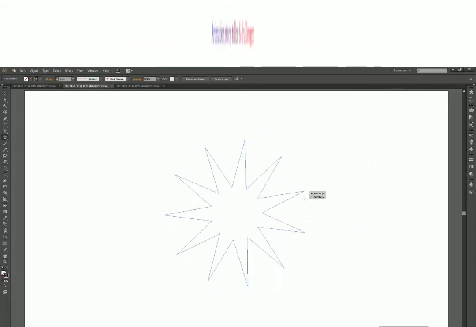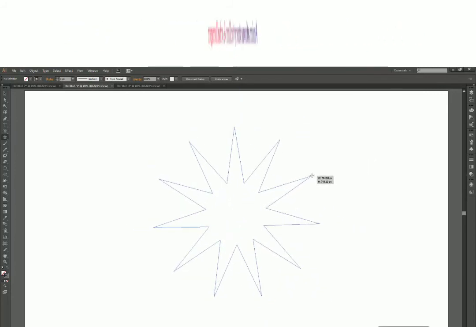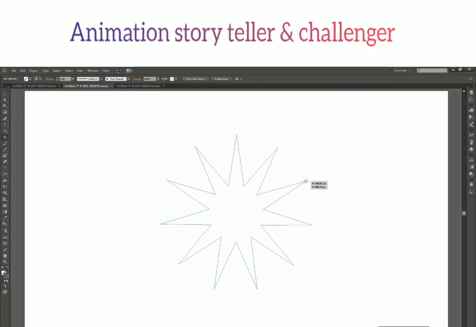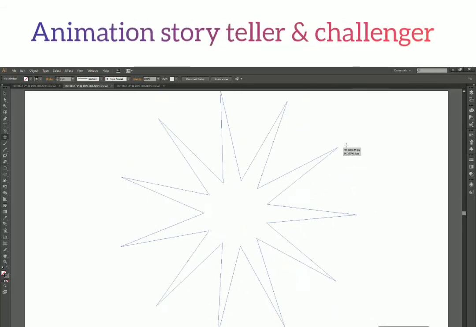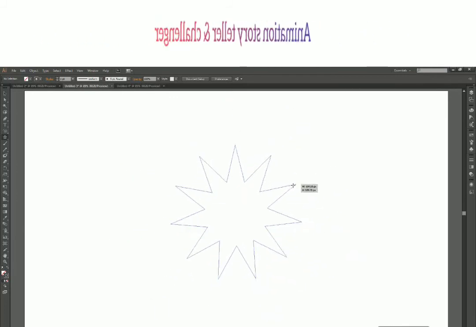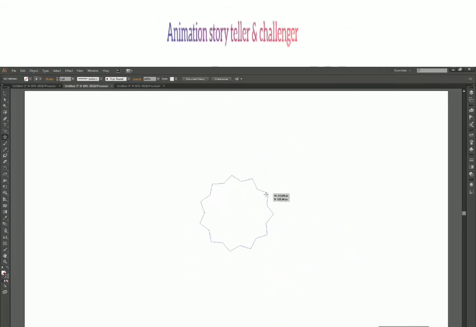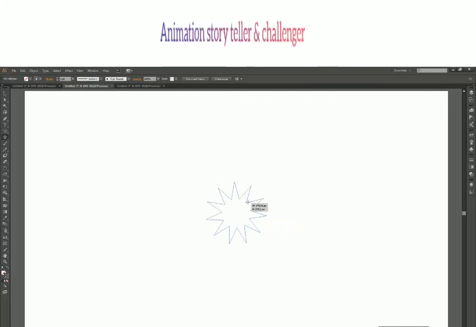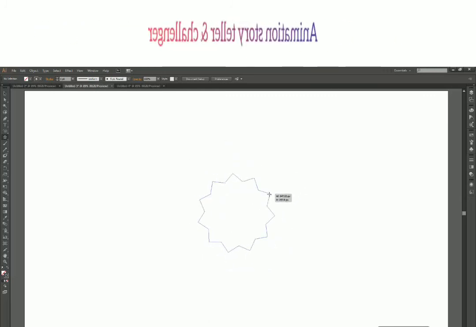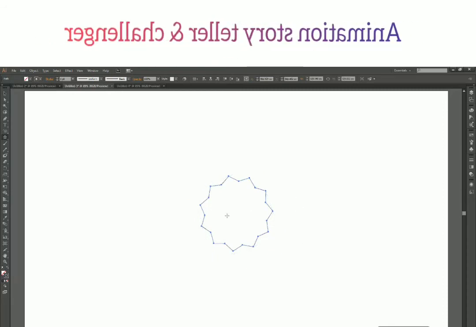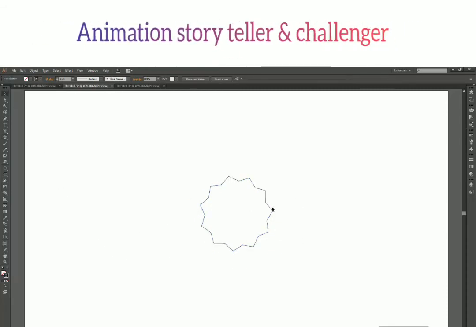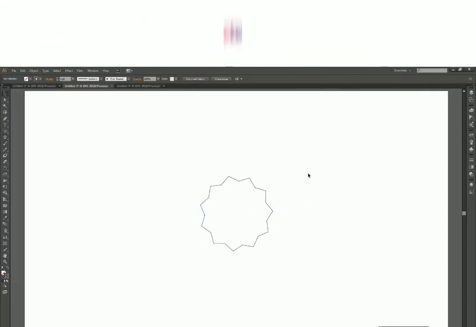So now I'm drawing the star. I haven't pressed any key, but when I press the Control key now, you can see the inner points are stuck. And now I'm only moving the outer points. Okay, so that's fairly simple, and let's release it over here and release your Control key. Select all of this and delete.